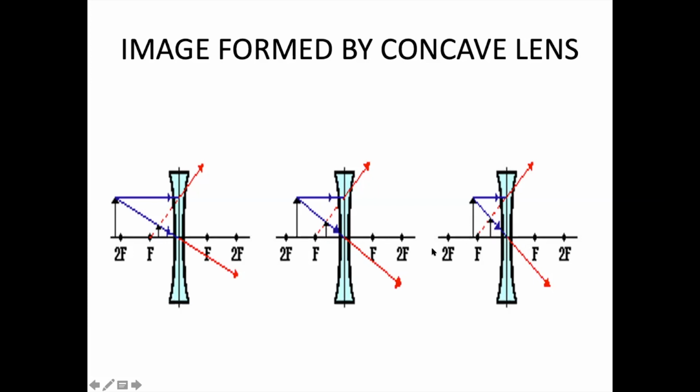They can also confuse you, like I told you in the case of the convex mirror. The same case applies to the concave lens. Anywhere you keep the object, if they ask you about an object kept at 2F of a concave lens, don't get confused. Remember that for a concave lens, the image is only of one type. It is virtual, erect, and small.